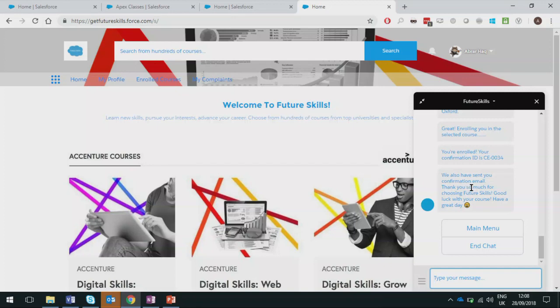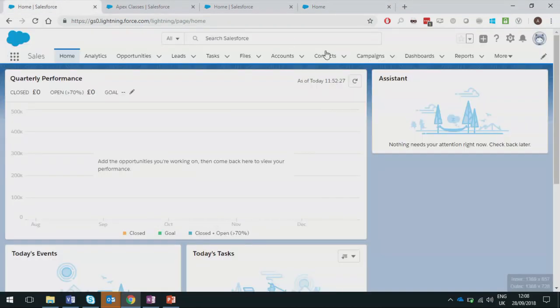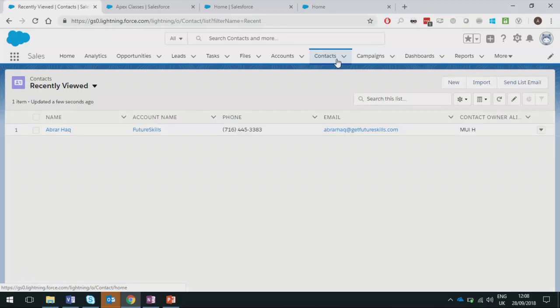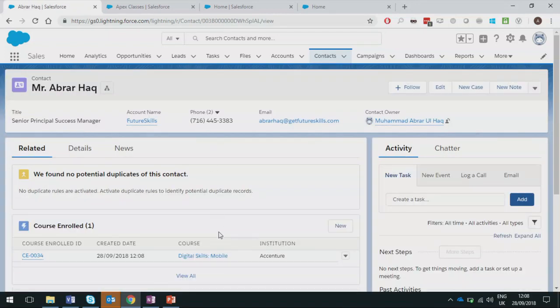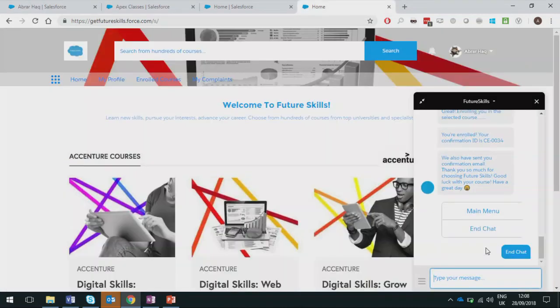And then it's displaying some information back to me on the screen so that I understand that it's taken the correct action and it's provided me with a confirmation ID. So that's how we know that the loop has been closed. So if we step into Salesforce now, and then go and have a look at the records, you would be able to see that in here, a record has been created. There we go. So we've got a course enrollment record with all the information that has been provided through this